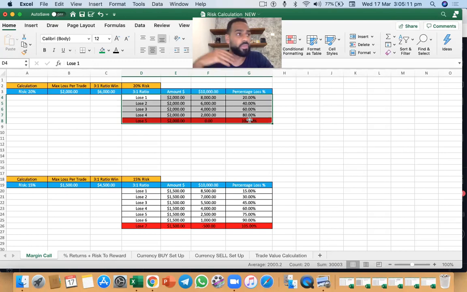crypto, a commodity like gold or silver or copper or oil, for an example, fluctuates by per day. If you don't understand how to calculate your pip value, so the value of your trade every time the market moves by a single tick, or we call it pip or point, you can lose money just like that. So if you're risking 20% of your account, guys, 5 trades in the market that go against you,